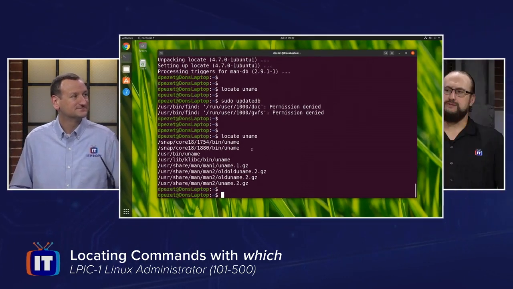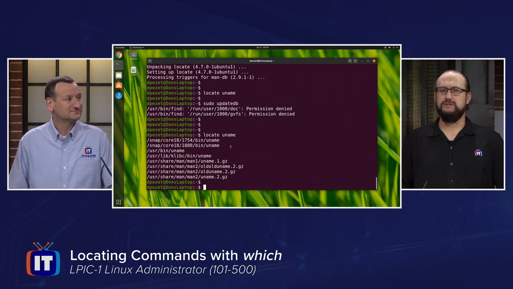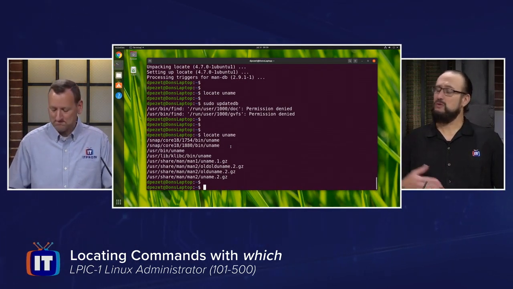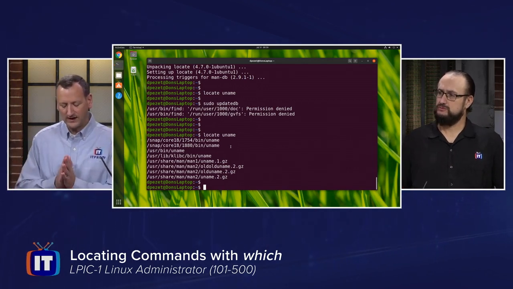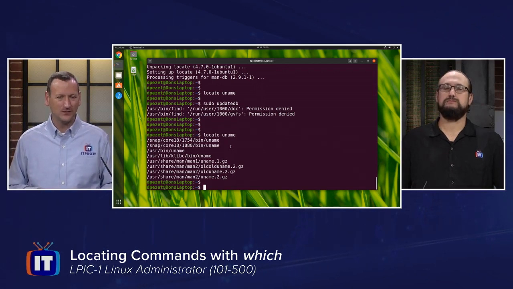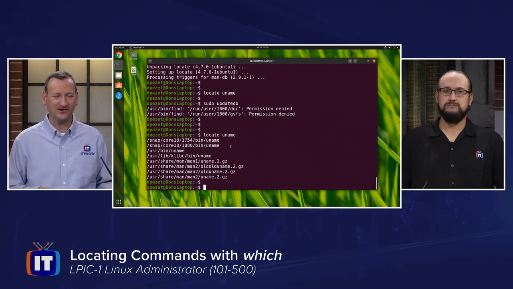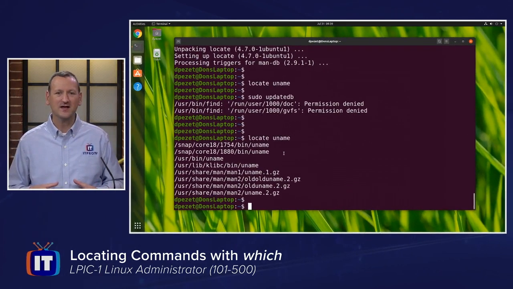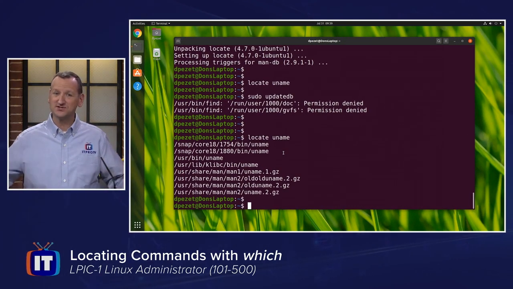Now, what if I needed to do, let's say, a real-time search and I got impatient, I didn't want to wait on locate? What tool would we use? All right, so instead of locate, we could use the whereis command. Whereis doesn't maintain a database. What it does is it helps you try and find a file and return that back on your screen. And it does it by not searching the whole hard drive, which would take a lot of time, but just